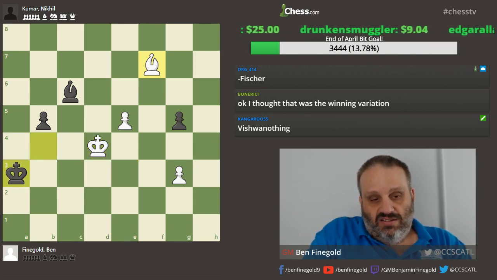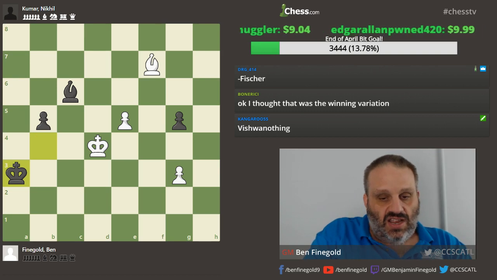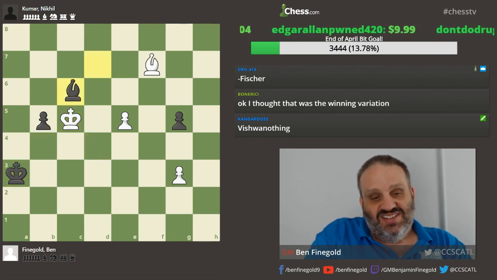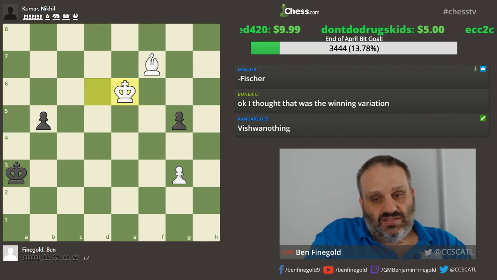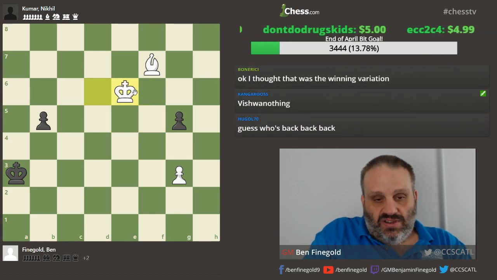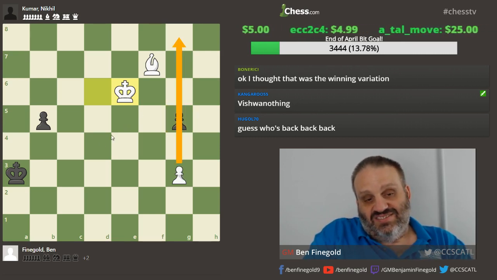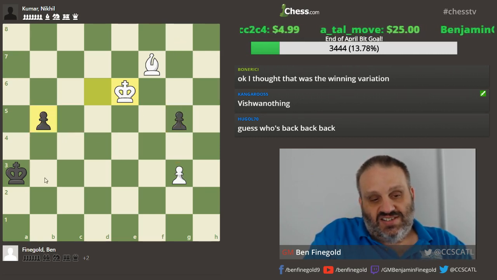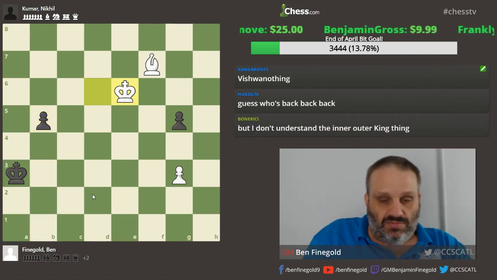So he tried, and instead of me doing what I'm going to do and he's going to do what he's going to do, I gain a tempo first, and then I gain another tempo. Okay, and now he resigned because I'm going to take the pawn and queen. This pawn isn't dangerous. I can sacrifice here or here. And the computer announces mate because white's going to take the pawn.